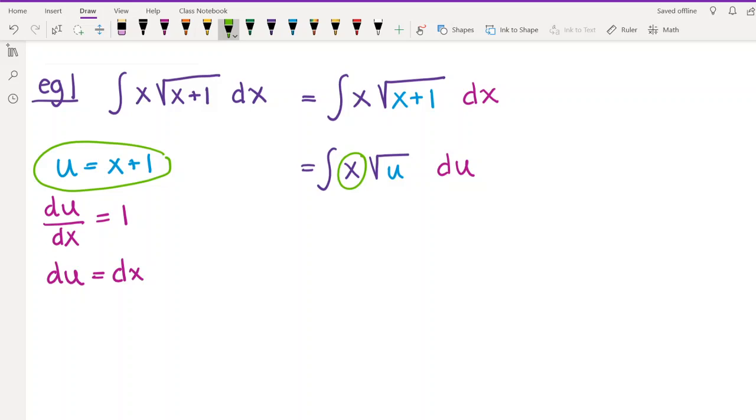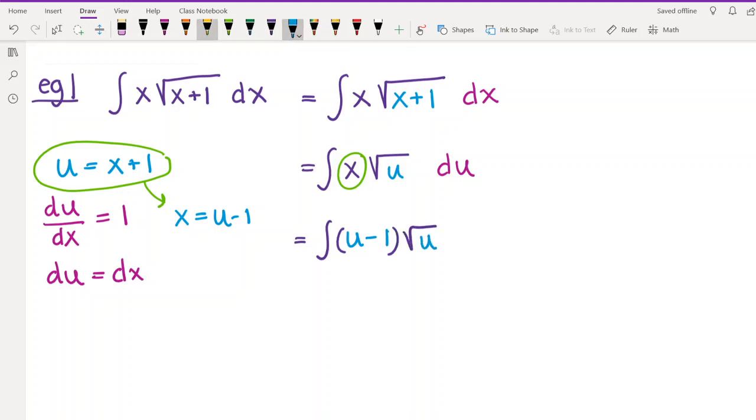This is a relationship between u and x. You can think of this as your translation. You can think of this as your key for how you go back and forth between u and x. So how do you go back and forth between u and x? Well, u is equal to x plus 1. And that means that x is equal to u minus 1, right? So we can rewrite this integral now as the integral of u minus 1 times the square root of u